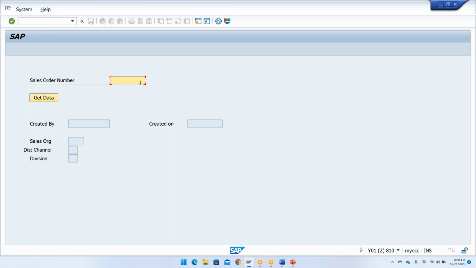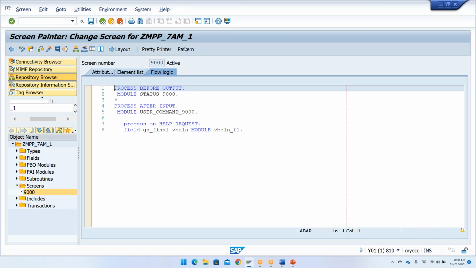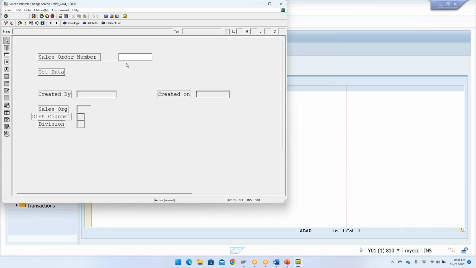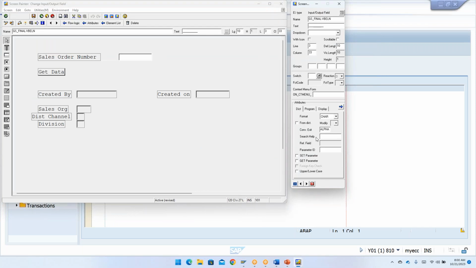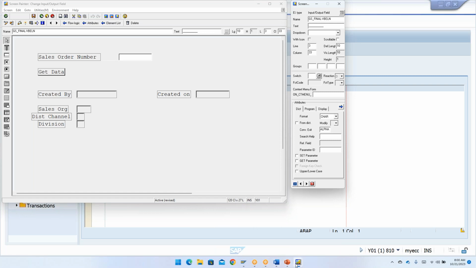For the standard, if I want the F4 help to be populated, what I need to do is go to my program level, then to my screen level, then to my layout. I'll do my pretty printer, and go to my layout again. Now I'll select this one. Here you have to provide your search help. So I'll go to my